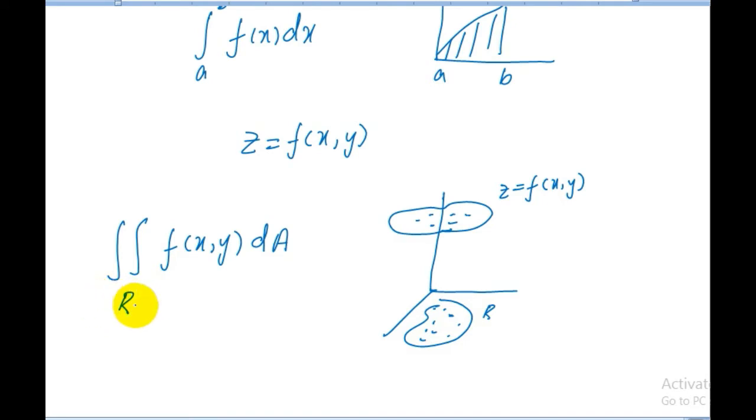Basically, the double integral over the region R for the function f of x y represents the volume between the surface z equal to f of x y and the region R. So this volume is determined by double integration. Remember,